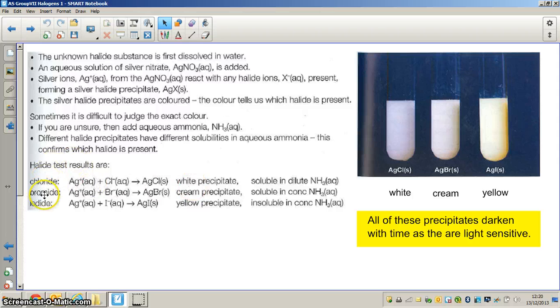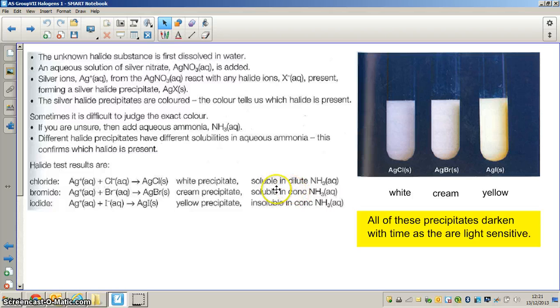With a bromide, when we add the silver nitrate solution, we get a cream precipitate, which is silver bromide. If we add dilute ammonia to this precipitate, nothing happens, it remains. However, when we add concentrated ammonia solution to this precipitate, it dissolves, it's soluble,